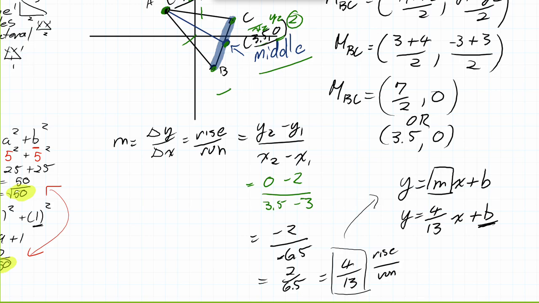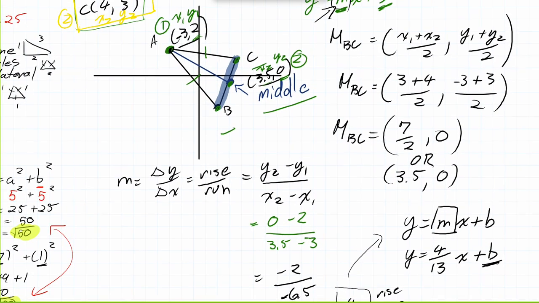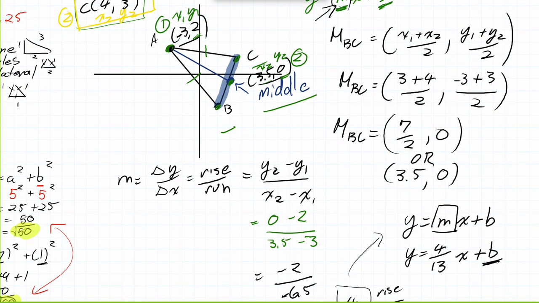The only thing I need is b. Now, in order to find b, I need coordinates along this line. And it just so happens I have coordinates: coordinate A and coordinate M, which is the midpoint of BC. This one has a bit of a fraction, or a decimal I should say, so at first glance I'm not going to use it. I'm going to use this one, -3 and 2. I'm going to plug this in for x and this value in for y,